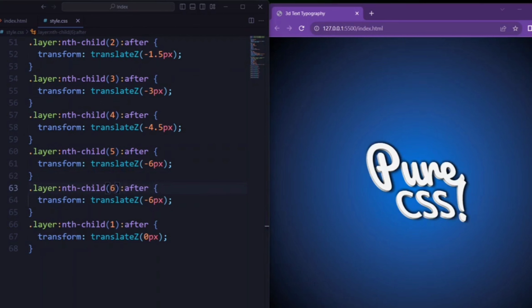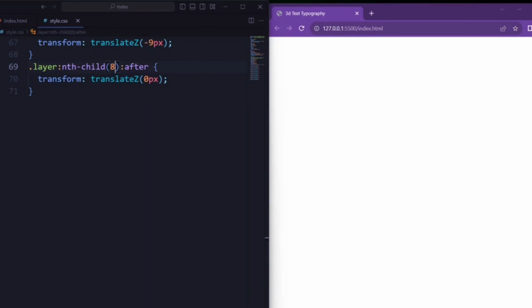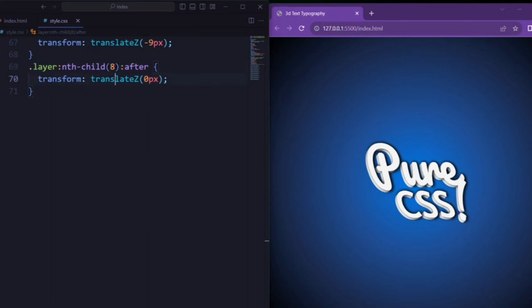Next, in the fifth layer, here we set the transform to translate Z minus 6 pixel, which translates the layer backward. Next, in the 6th layer, we set the transform to translate Z minus 7.5 pixel, and in the 7th layer, we set the transform to translate Z minus 9 pixel, which translates the layer 9 pixel backward along the negative Z axis. And in the 8th layer element, here we set the transform to translate Z minus 10.5 pixel,